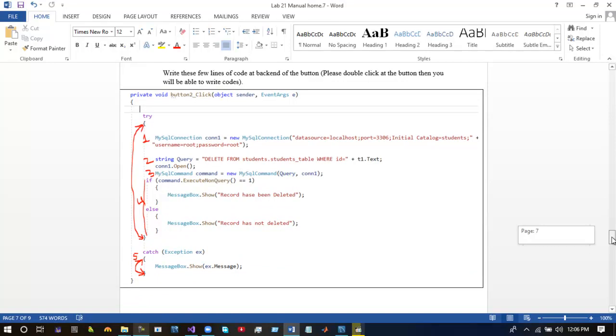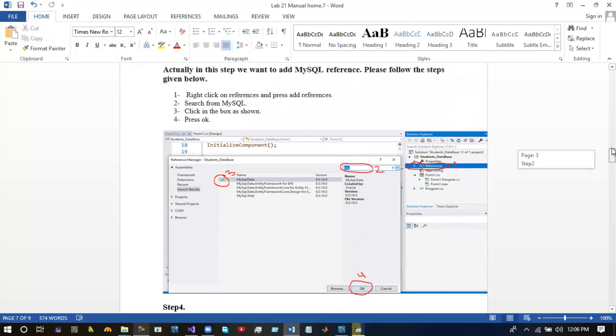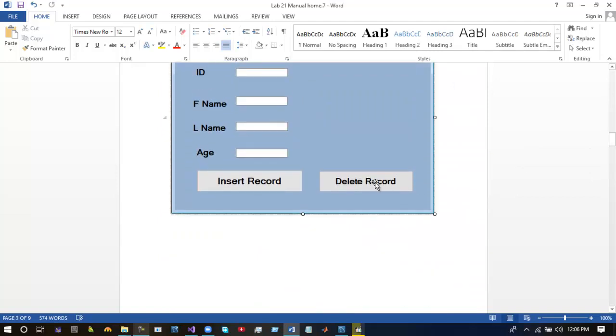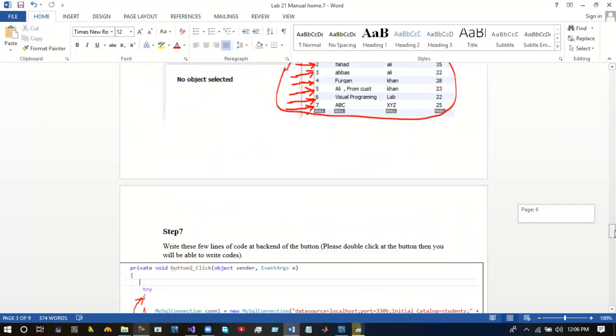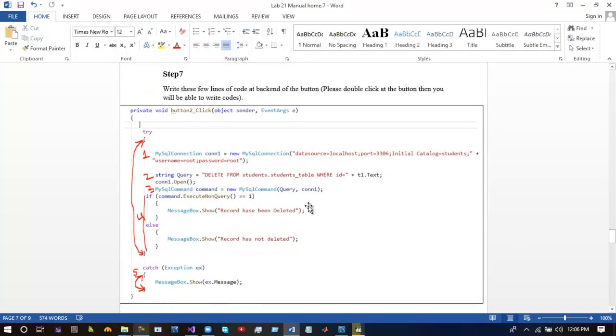In step number 7 we will discuss the code for this operation. This is button number 2, and we are writing this code at the back end of this button. You need to double click on this button, then you will be able to come over here and write your code for the operation.